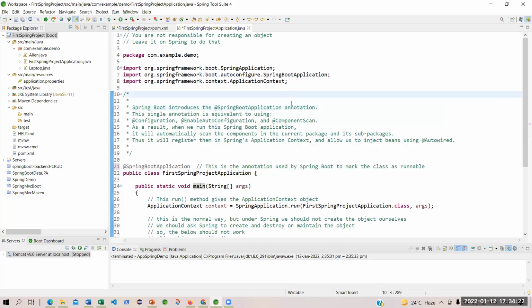Everything we have learned about so far is an object in Java terminology. Now onwards, we are going to use more than objects. We are going to use components.